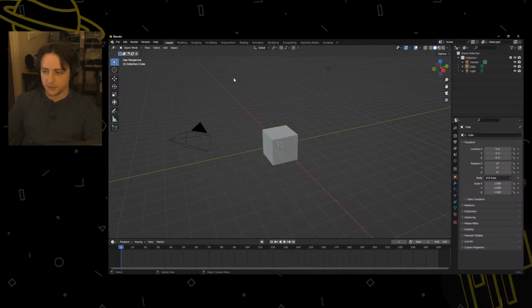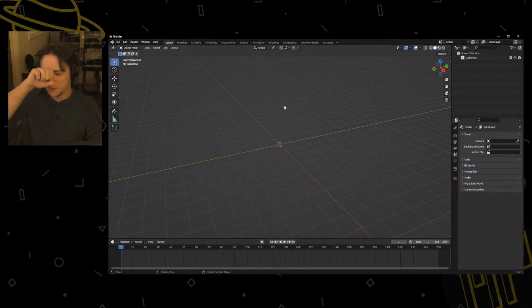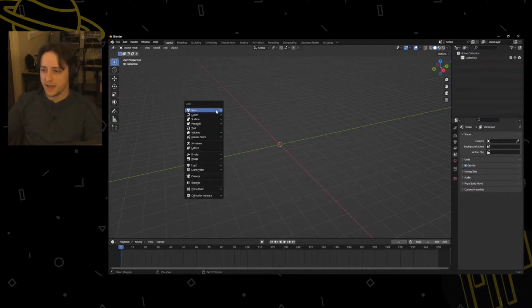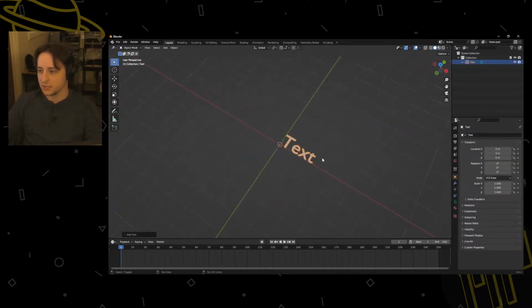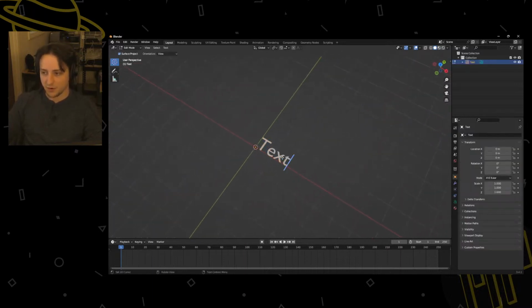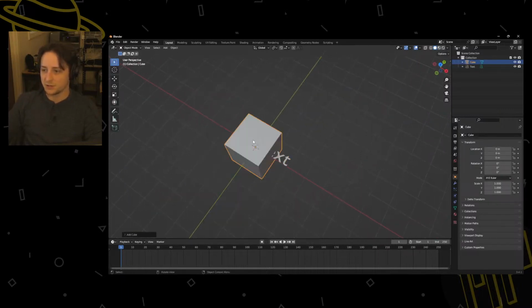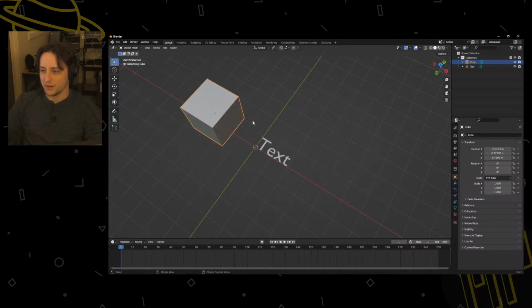As always, I'm going to start us off with a clean scene, delete all our defaults, the cube, light, and camera. Then I'm going to go straight to adding in a new text object. There's a specific type of mesh for this. The cool thing with these is that you actually get to type. So instead of the normal edit mode that you would get with any basic mesh, where you can normally move around vertices and whatnot,